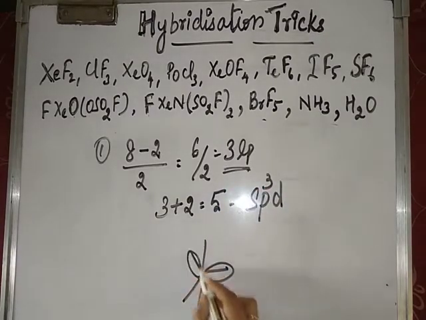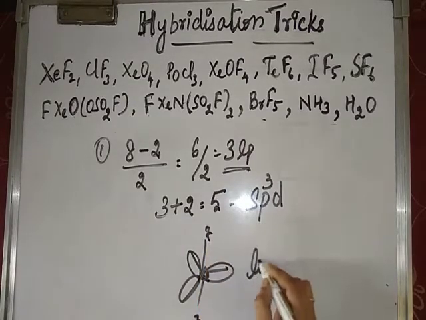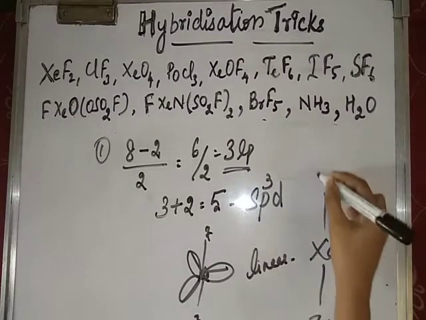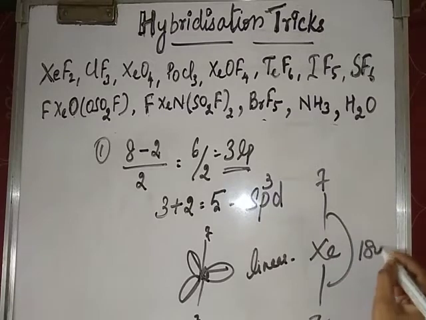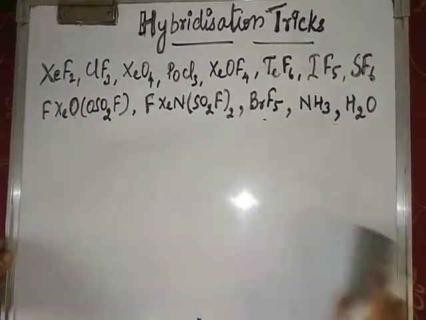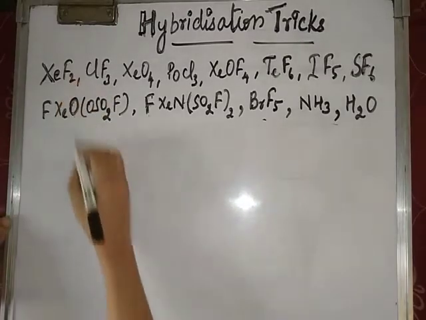So I'll write like this: 3 lone pairs are there. What is that structure now? Xenon, fluorine, fluorine. So the structure is linear. This is a linear structure, xenon having fluorine on both sides like this. The bond angle is 180 degrees. This is the first one. Very easily we can do it. While completing the section, you will be very well versed in this. And the second one,